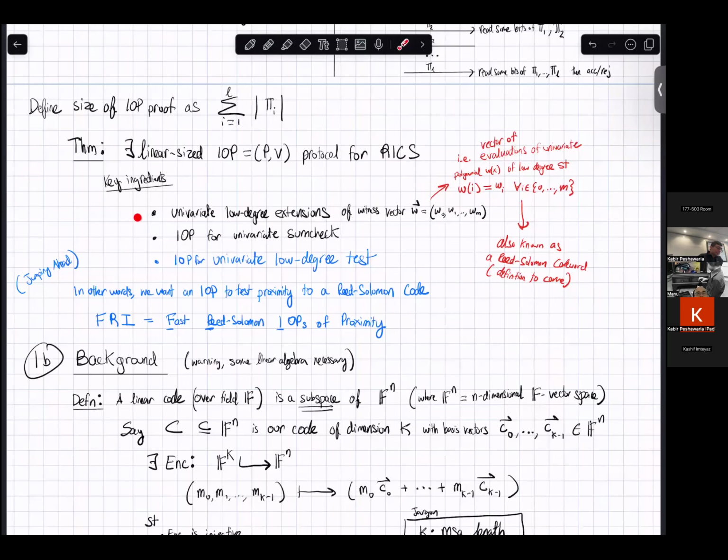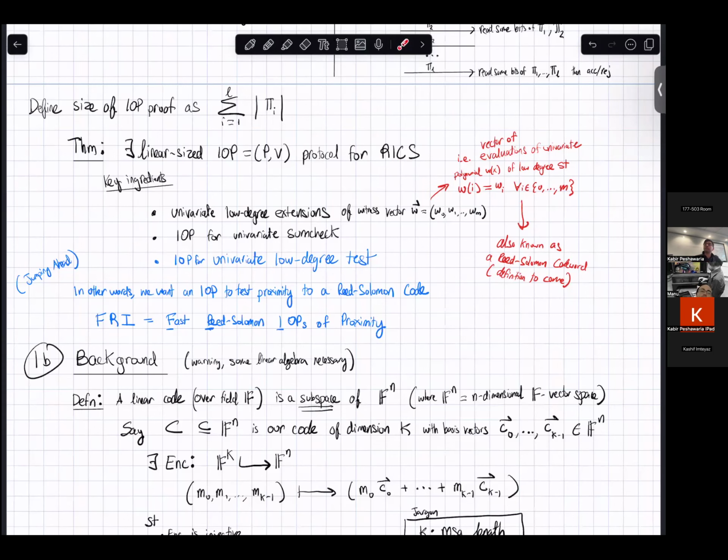These are the ingredients. It looks like the ingredients that we had earlier for poly-size and exponential size PCPs. One of the key things you need to do is some low degree test or some linearity tests. But the message I'm getting is that somehow if you allow for interaction, the low degree tests are easier to do. Yes, this is true. That's actually a great point.